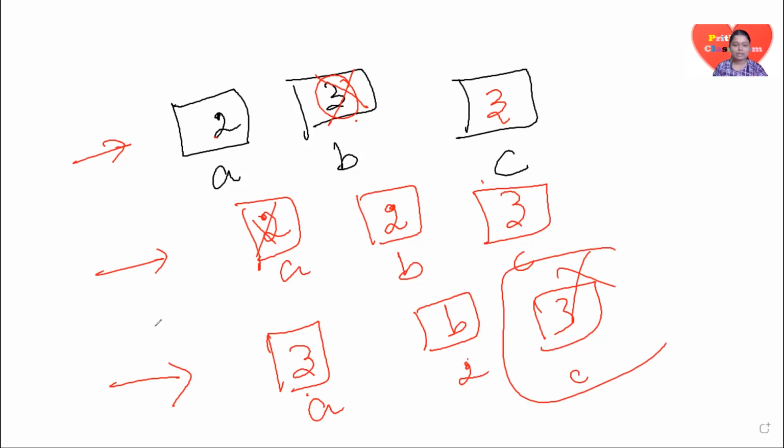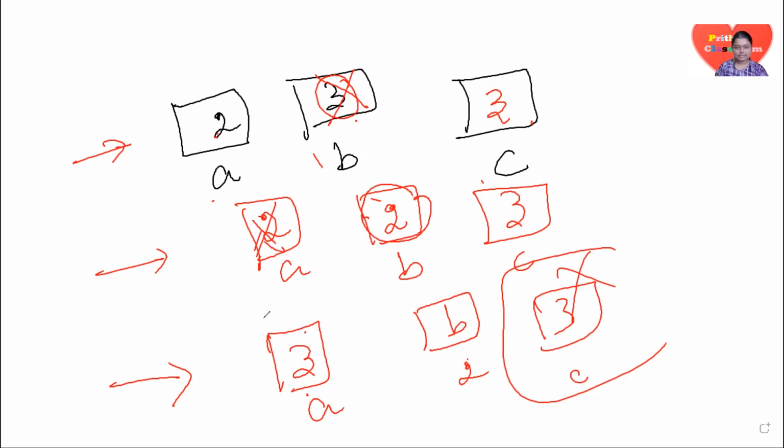So let me explain one more time. For swapping of two integers A and B, we want to create an extra variable called C. First, we are going to save the value of B in C. After saving the value of B in C, we are going to make the B value equal to A value. Like we are going to shift the value of A to B. After that, we don't want that A value. So what we are going to do, we are just going to put the C value into A.